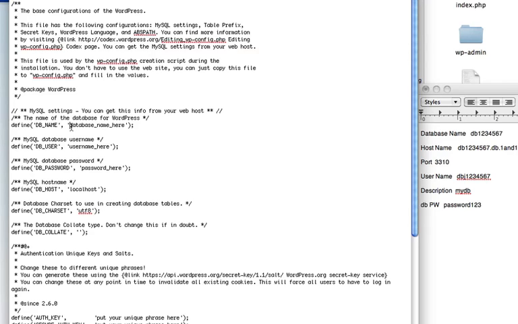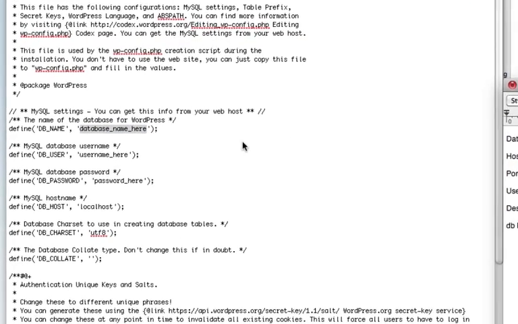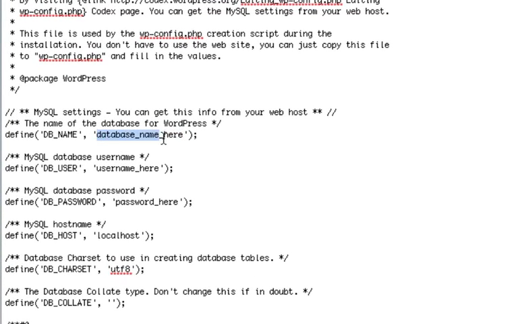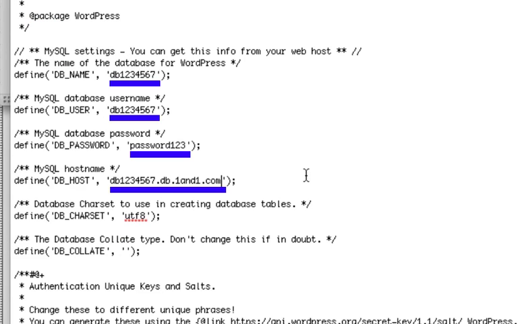Okay, so we need to open this file. We're going to change a few things and enter the information from your database into this file. So the first change is the database name. Go to the information you copied in your file, copy the database name, and paste it right into this space between the quotes. Then we need to do the same thing for the database username, the database password, and then the host name. All you have to do is copy and paste it right into the space between these quotes under those four areas. Once you finish that, double check the information, make sure it's right,